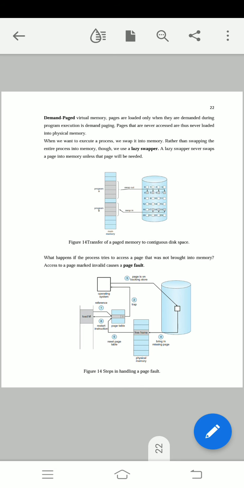Then it asks the operating system to load that value m from the secondary storage; the page is on the backing store. Backing storage is nothing but our secondary storage, like a pen drive or hard disk.